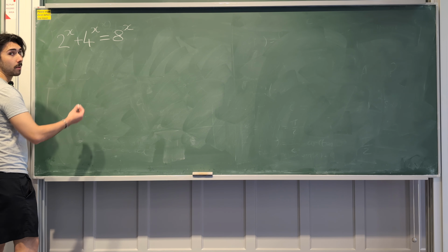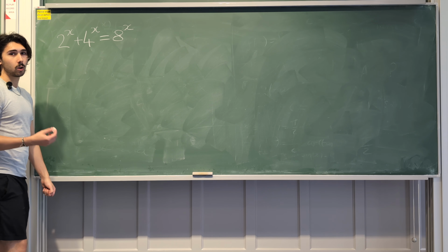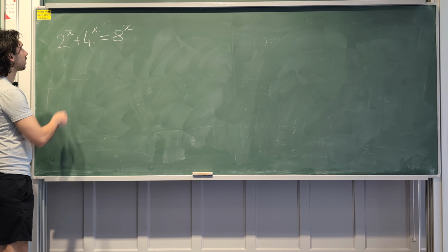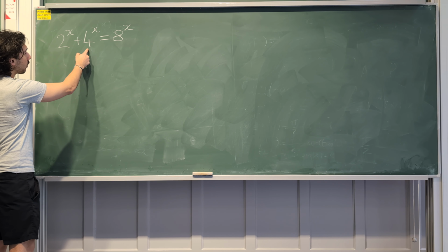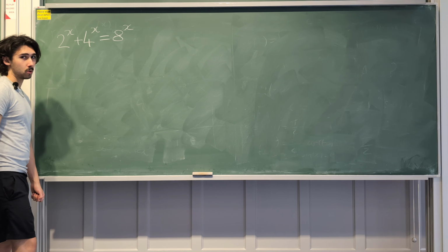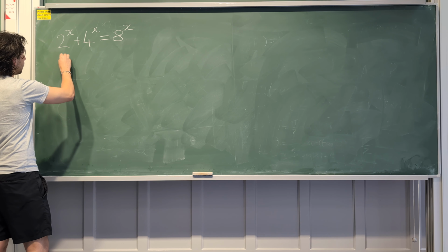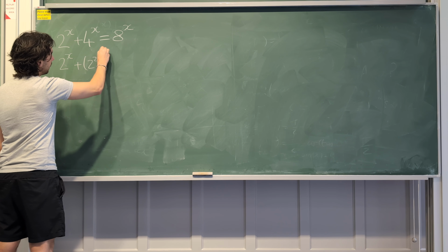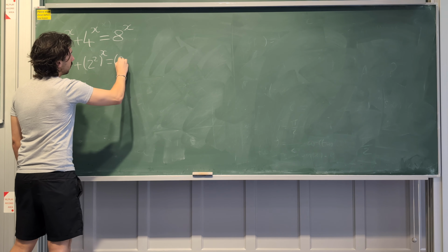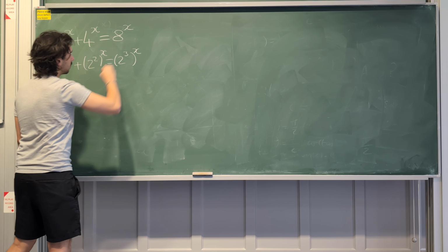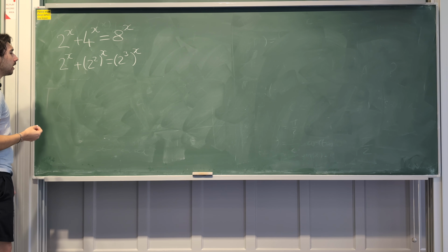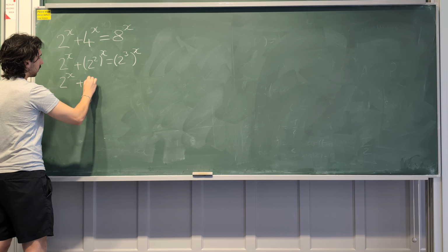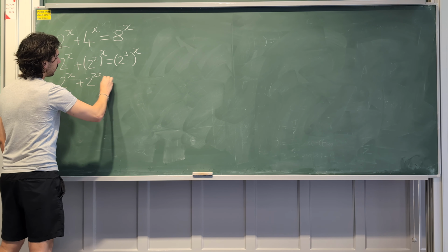So the trick that I'm talking about is that we should rewrite all of these numbers as powers of 2, because notice that they all are powers of 2. 4 is 2 squared and 8 is 2 cubed. So we can rewrite this as 2 to the x plus 2 squared to the x equals 2 cubed to the x, like that. Then we can rewrite this as 2 to the x plus 2 to the 2x equals